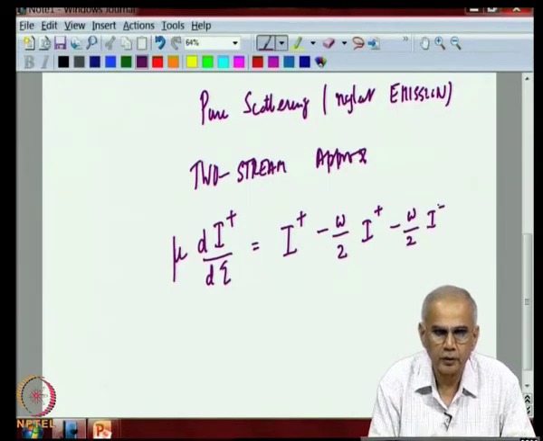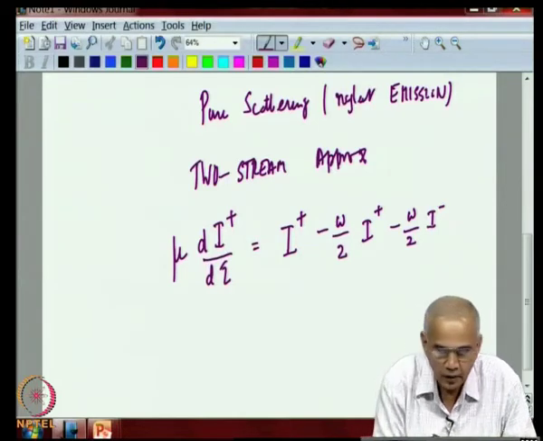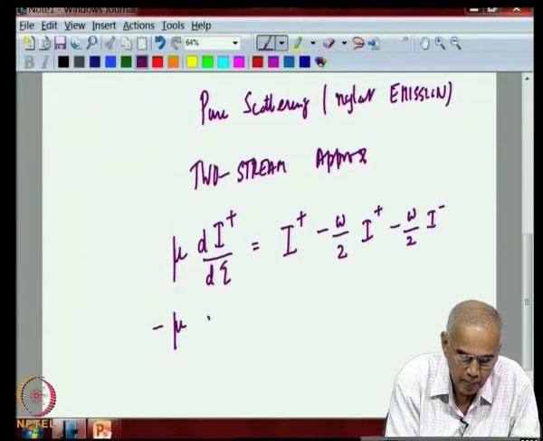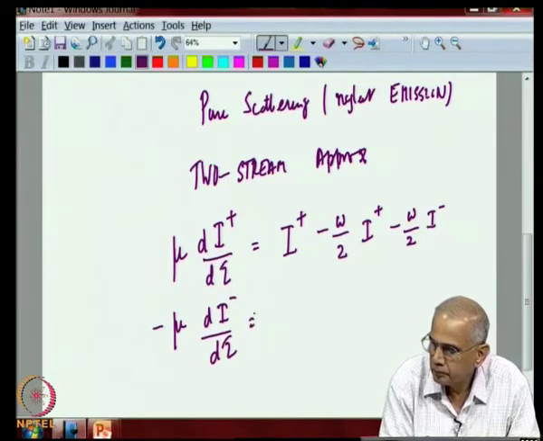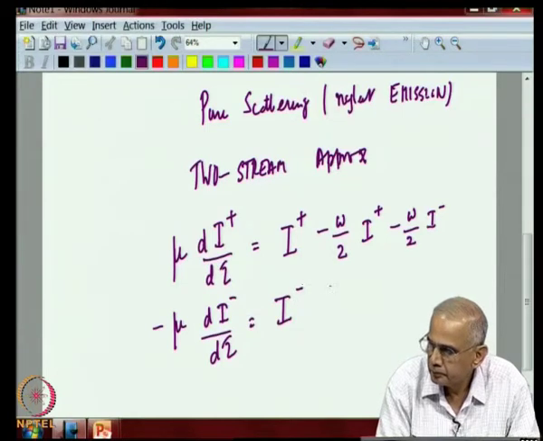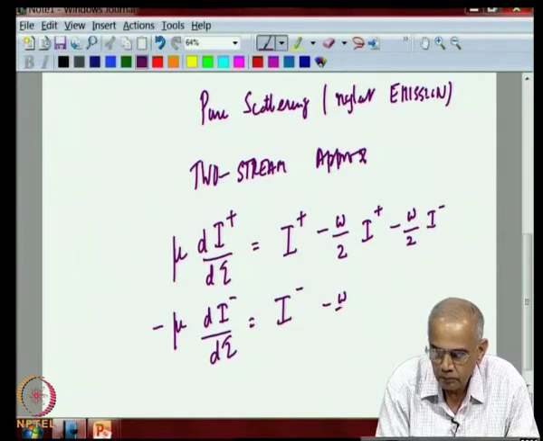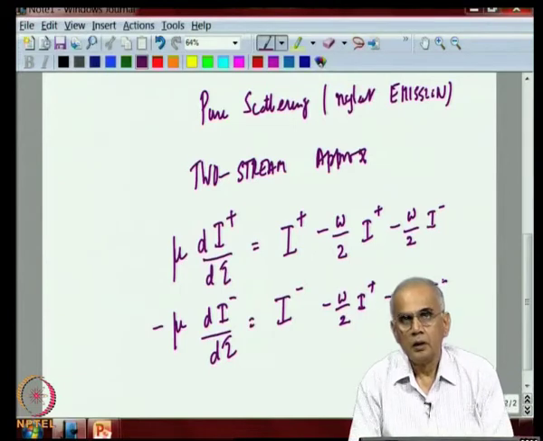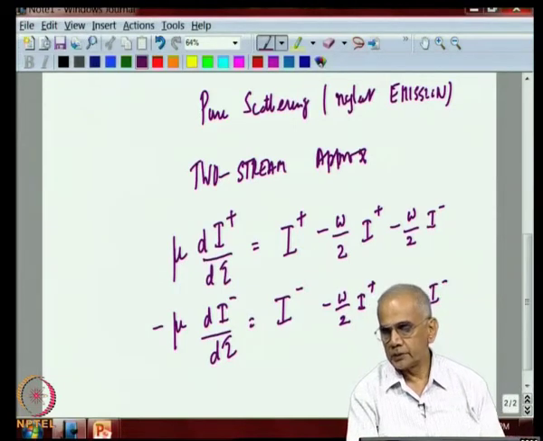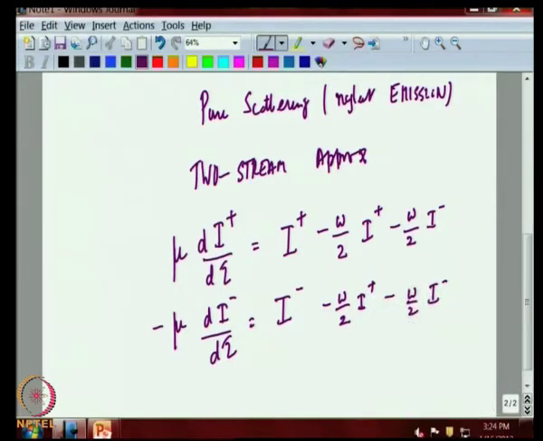This is one equation for the upward intensity. Similarly, the second equation for the downward intensity, which we had derived earlier. Now, notice that these are two equations in two unknowns, and the two unknowns are I plus and I minus in this case,